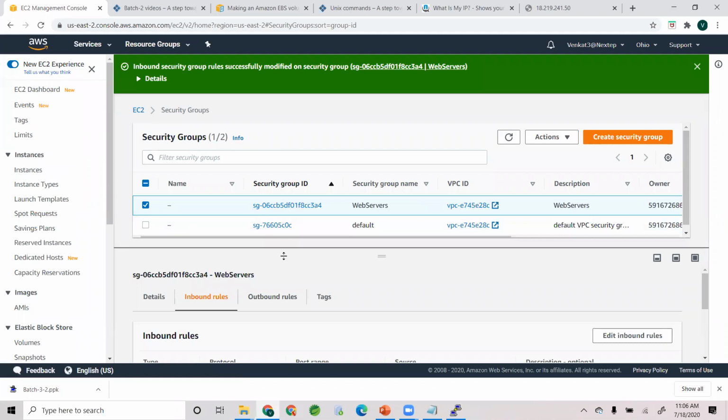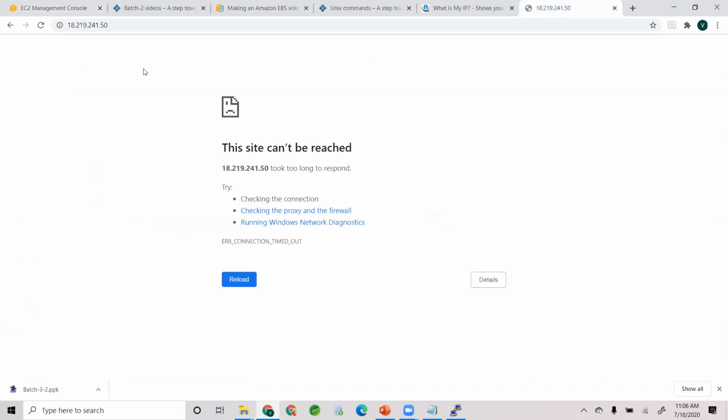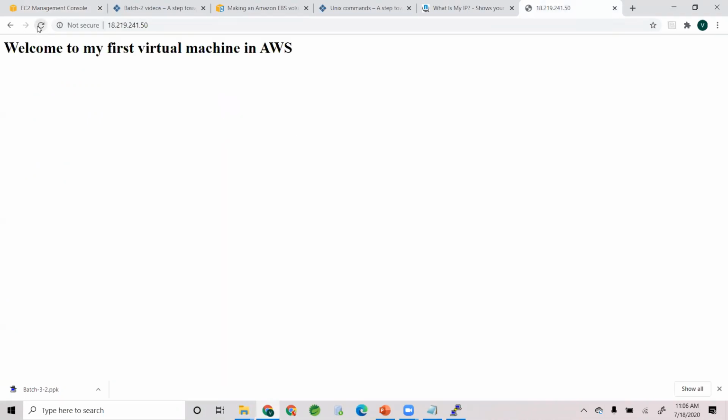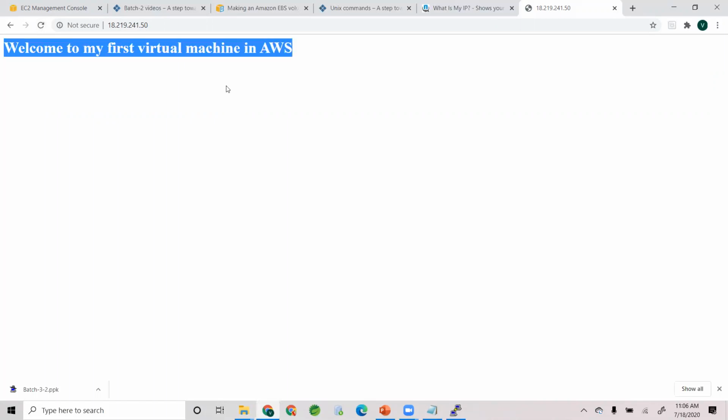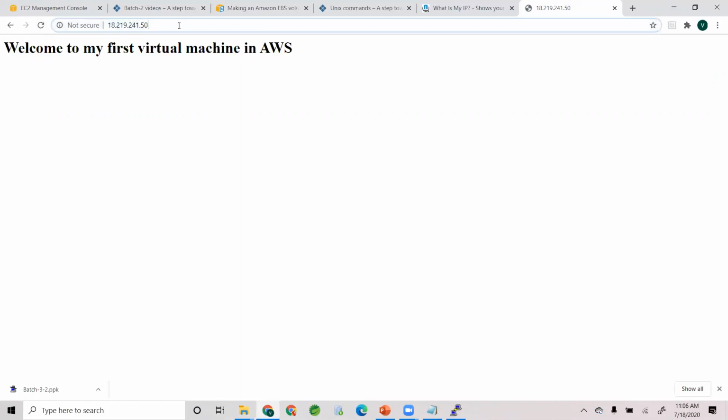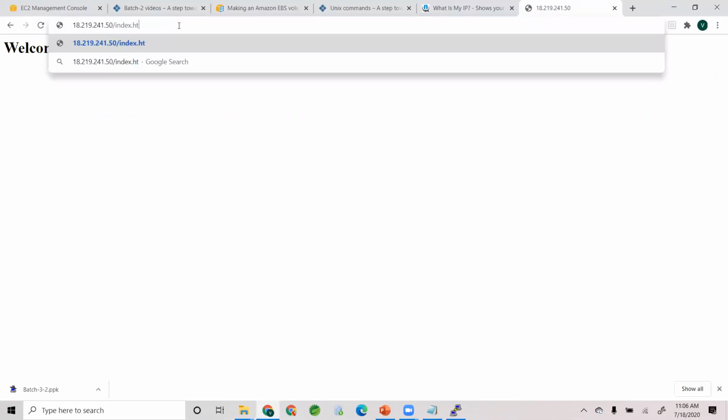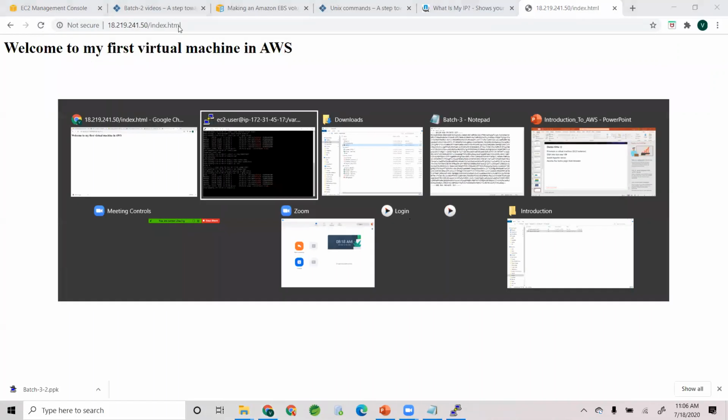That's it. And after you save the rule, it doesn't take a reboot or any of that. After you update your security group, it instantaneously works. And if you want to go to /index.html, because that's your home page, you got it. And now let's